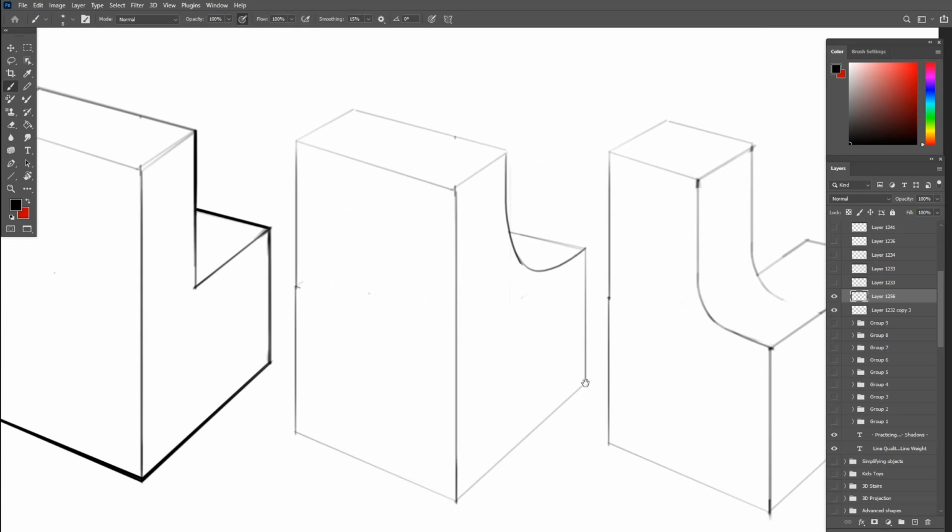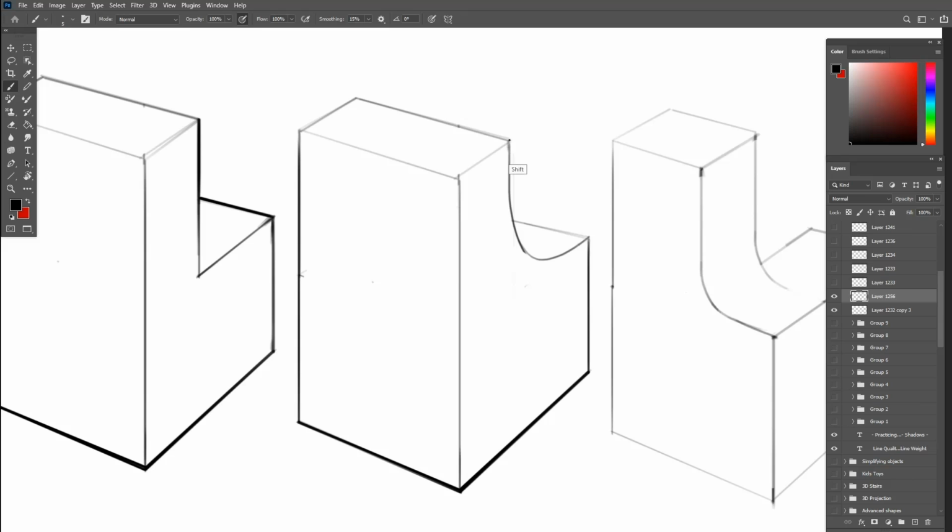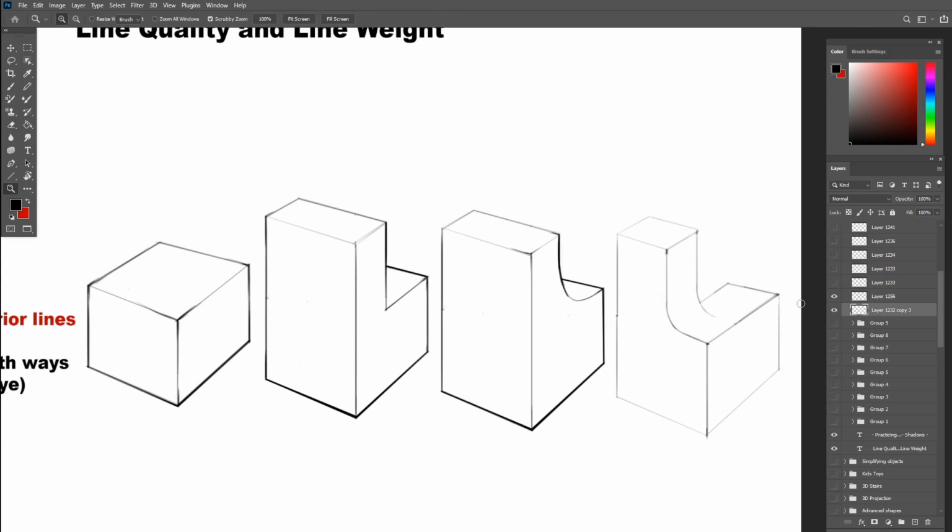In the next one, we have the same L shape but with a curve instead of a straight line. So here is how we deal with this in line weight. Same for the exterior shadow parts and the ambient occlusion in the bottom. But as for the curve, it will be thicker and tapered off toward almost a hair-thick line in the middle, and then back toward the thick exterior line. So the curve thickness will be much less than the straight line thickness, because the angle of the changing form is less in a curve than a straight line. The angle of the straight line is 90 degrees, but the curve will be much less as it goes out.